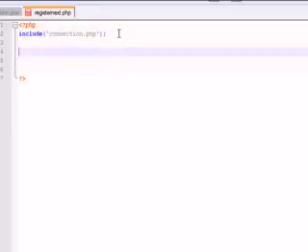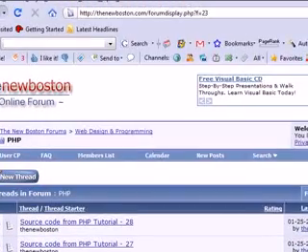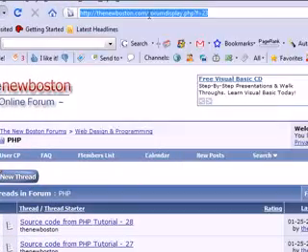Include it right there. The very first thing that we're going to want to do is test if the username is alphanumeric, and if it isn't, then we want to post the error messages. And this is what I mean by that. In the website I already made, let's go,